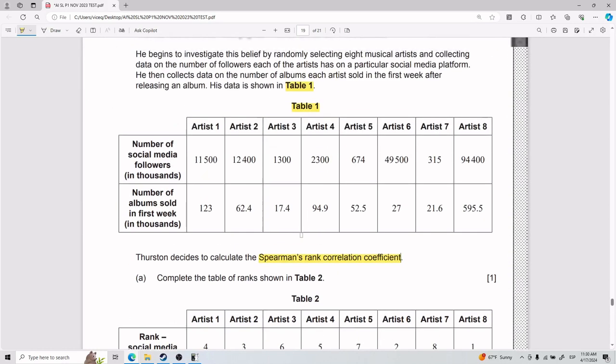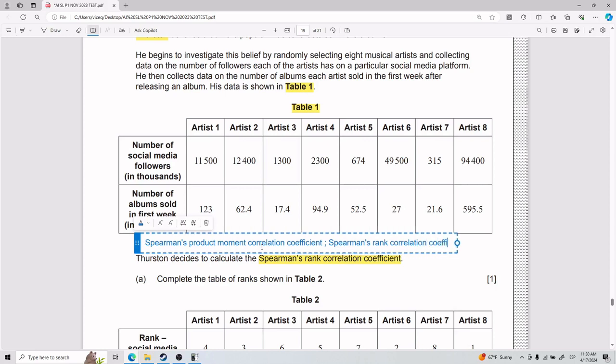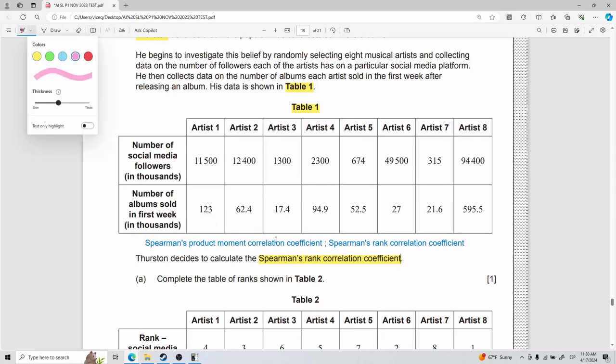Point is, there's two main buzzwords that you might have read that include the word Spearman. So you have Spearman's product moment correlation coefficient, something like that. I don't recall incredibly well how it is. And the other one that we have right here is Spearman's rank correlation coefficient. Now we need to understand the following. They are both for correlation because they both have the word correlation inside of them, okay? It's just the way in which they calculate correlation is a little bit different.